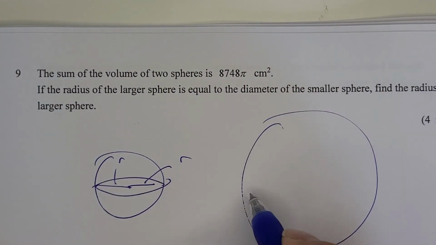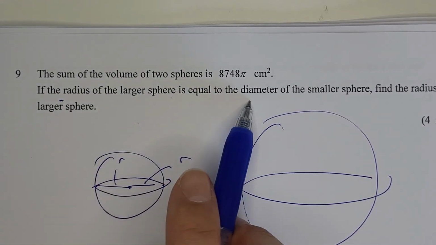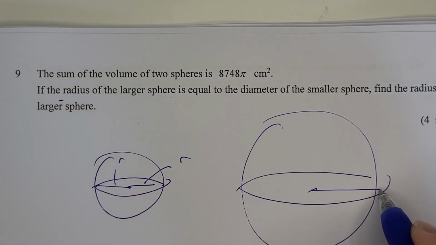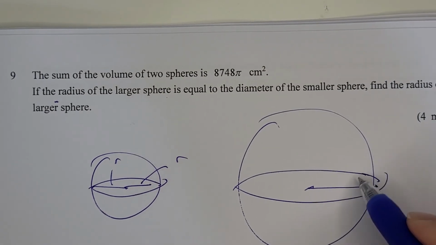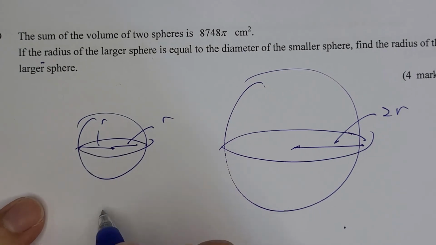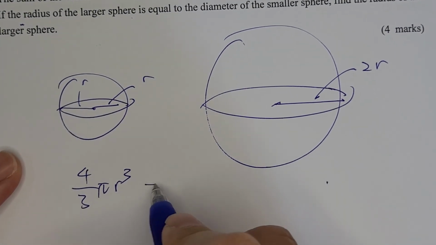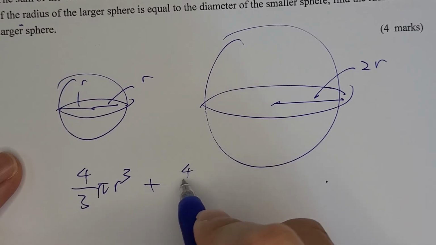So for the larger sphere, the radius of the larger sphere equals to the diameter of the smaller sphere. So that means the radius of the larger sphere would be 2r. Then you can set up the equation. The sum of these two volumes of sphere